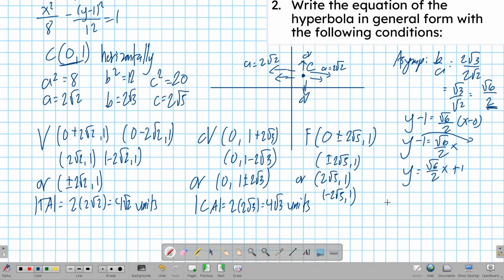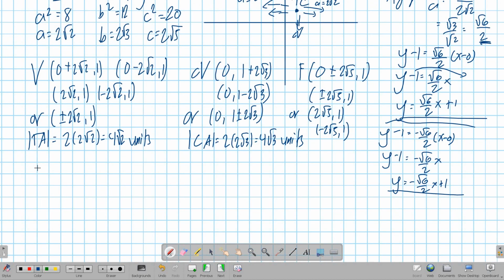It will also look the same in the other asymptote, because it's simply y minus 1 is equal to negative square root of 6 over 2 times x minus 0. Y minus 1 will be equal to negative square root of 6 over 2x. So y would be equal to negative square root of 6 over 2x plus 1. So these are the two asymptotes. And finally,